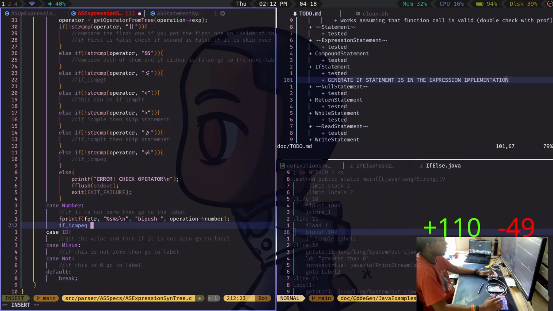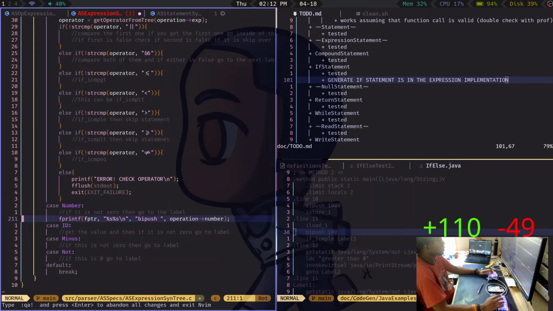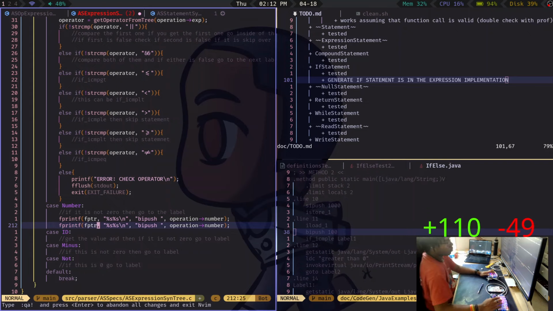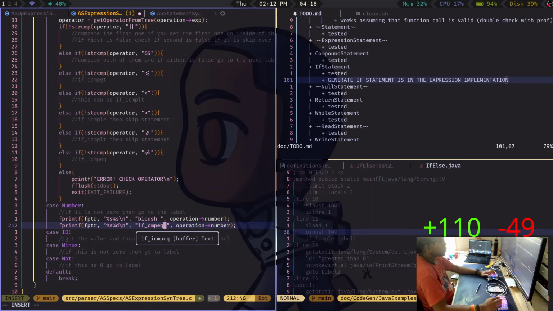If it doesn't, then you do not. Okay, so this is if we compare equals to